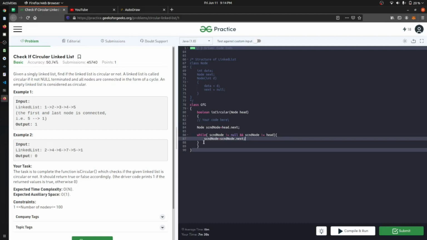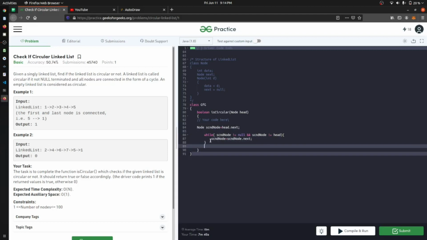Then after this, we will check whether the node that we are pointing at is head or not.